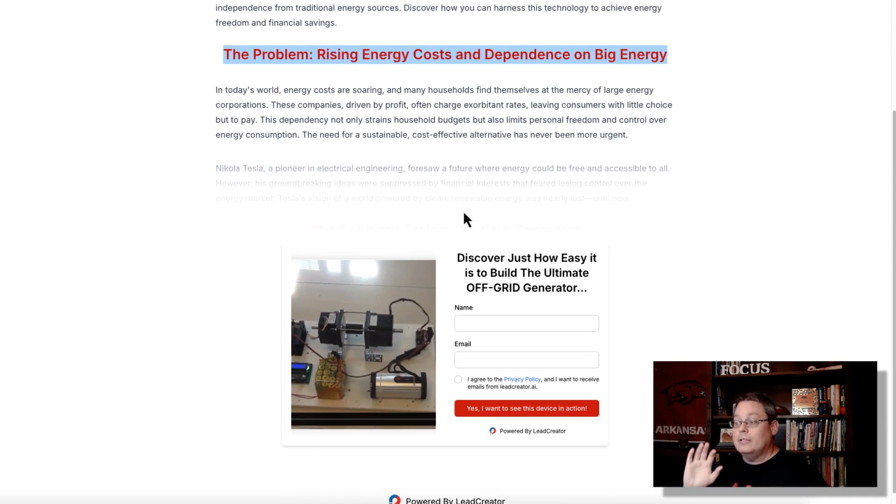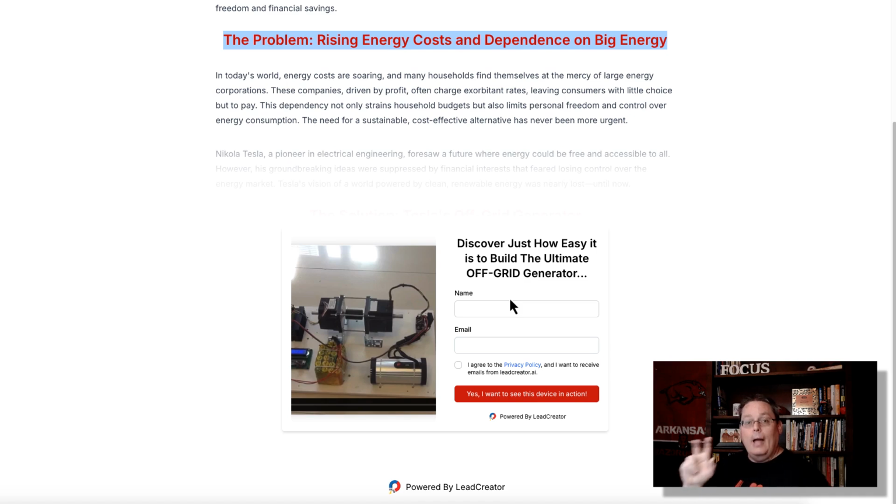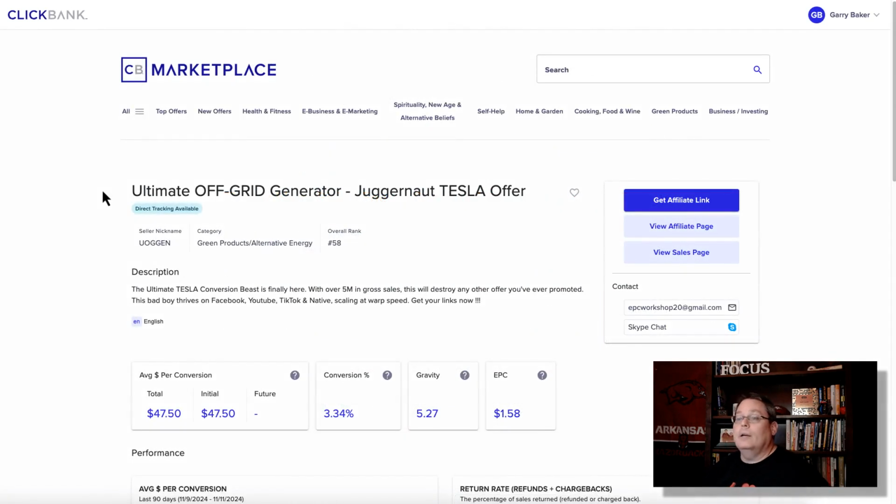Scroll down, this lead magnet is then turned into an opt-in form to add people to an email list if they want to see the solution to this problem. I found this product over at Clickbank. To use this as an example, note that I am not telling you to promote this product. I'm just using this as an example because offers over at Clickbank do a really good job at setting up affiliate pages and sales pages